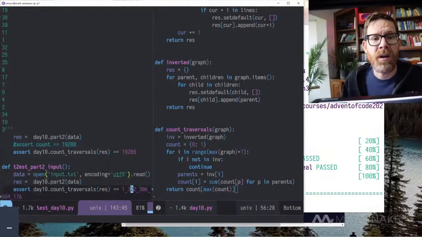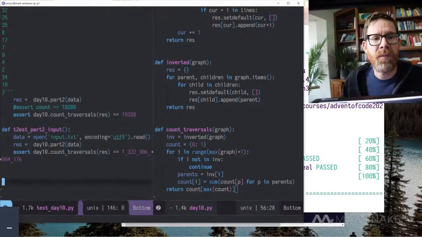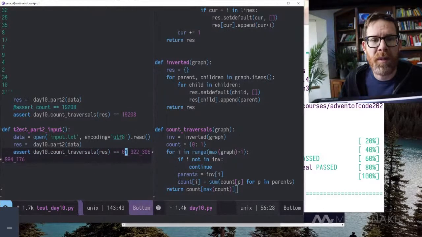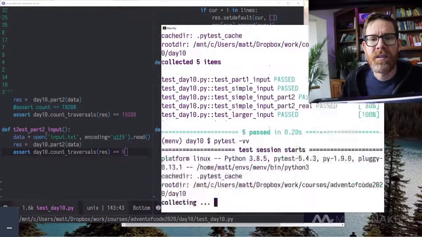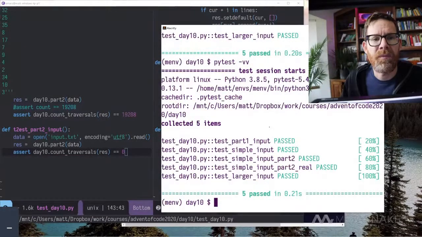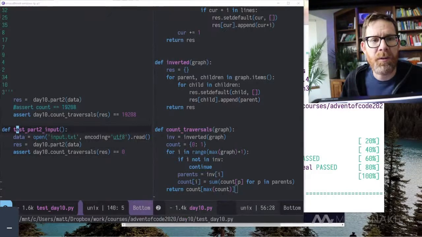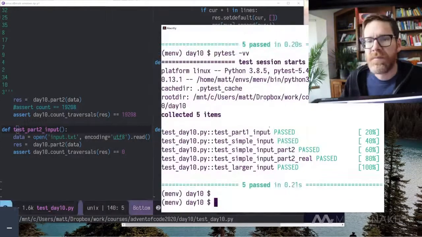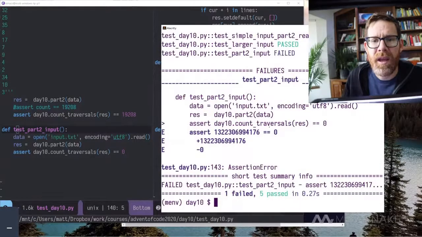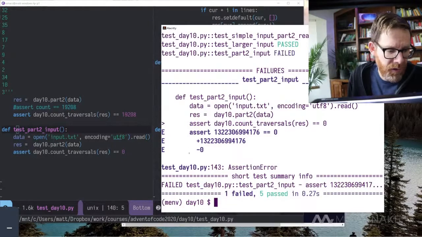Let's go crazy. We're going to go to this right here, count traversals. And I actually already have it in here. Since I already knew what it was here, I'm going to make it 0. It's not running because I have a 2 here, so let's make it run. Okay, and I got this answer right here. So this is the answer to the problem, which is a very large number.